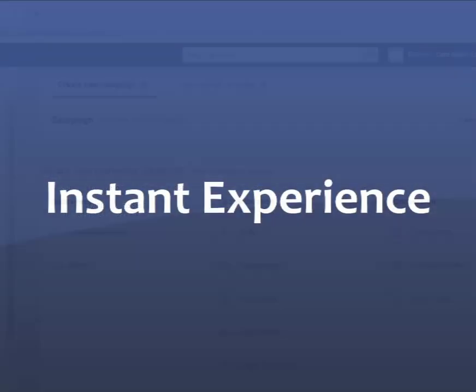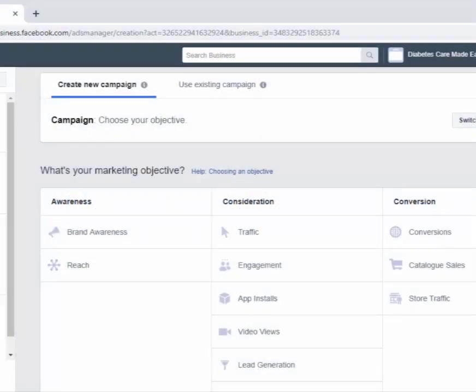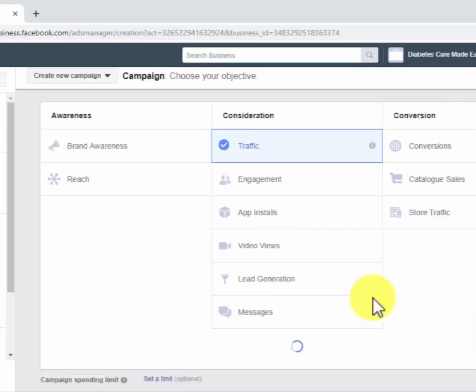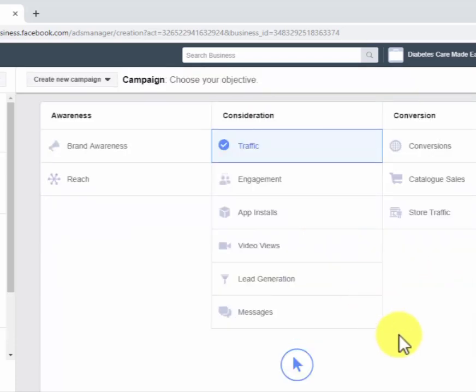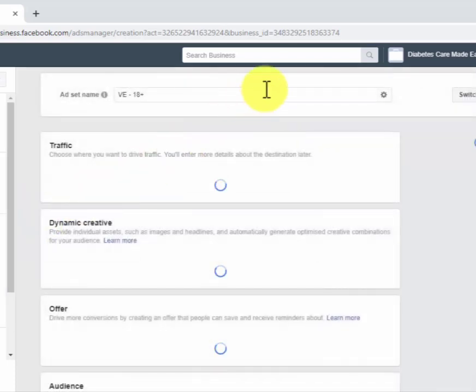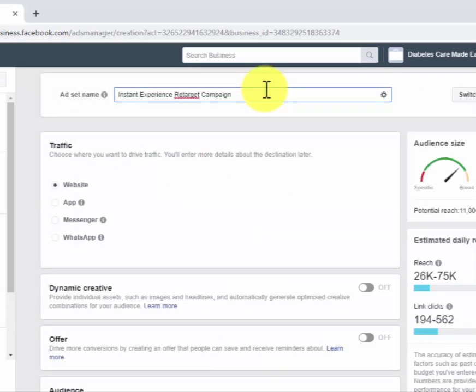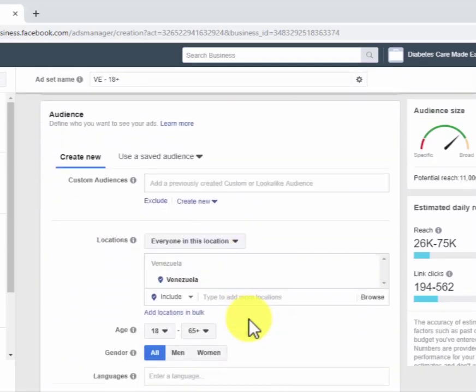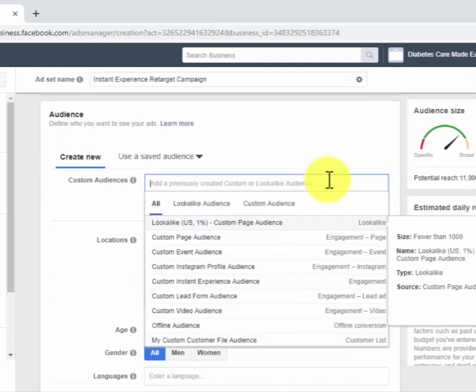Instant Experience. Now let's create a remarketing campaign to retarget people who clicked on a link in one of our Instant Experience posts. These users have shown interest in visiting our website, so we'll select traffic as our marketing objective. After selecting this objective, move to the Ad Set section and enter a name for the new ad set. Website is already selected as the traffic destination, so simply click on the Custom Audiences field